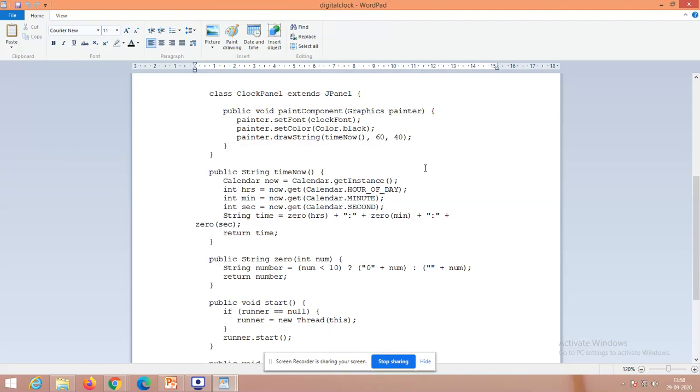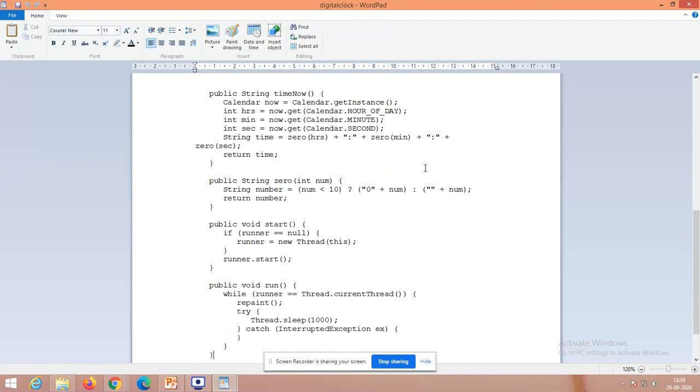So whenever I'm going to face 0, because it will increment, right? It should not come for 10. In that case, what I have to do, after the corresponding values, it has to come for the subsequent entries only. That is the reason why after 0, 1, 2, 3, 4, 5, 6, 7, 8, 9, after that 10, 11. So how do I have to add? I have to add a 0 with the corresponding number 1, 2, 3, 4, 5, 6 up to 9. I have to add that 0. Otherwise, I will get a single digit. To overcome that, I add the 0. That could be the case.